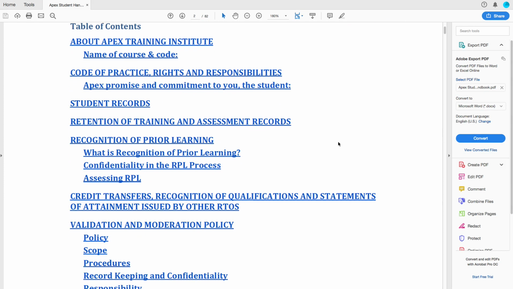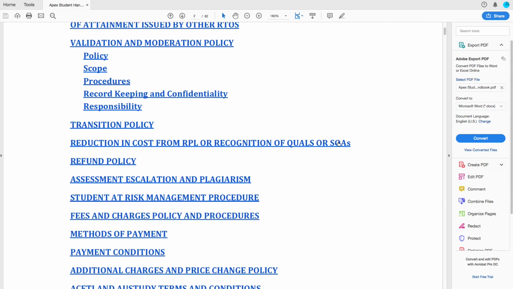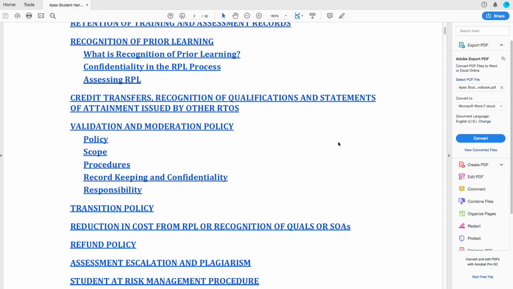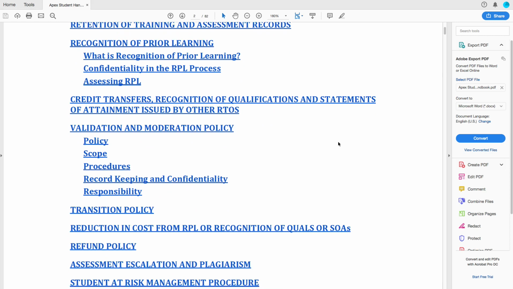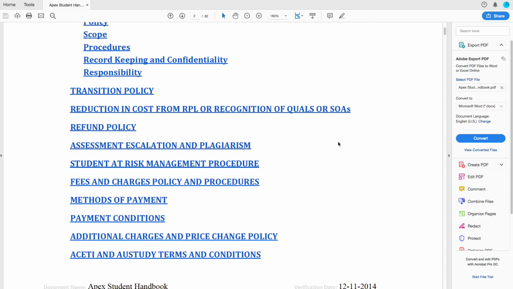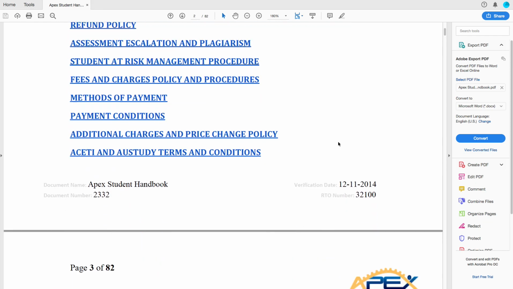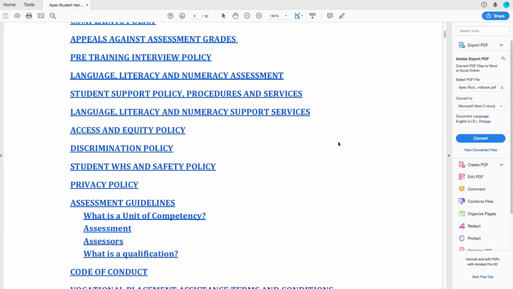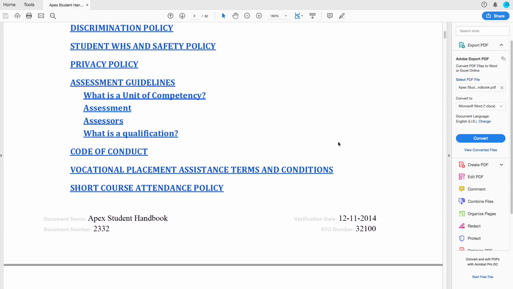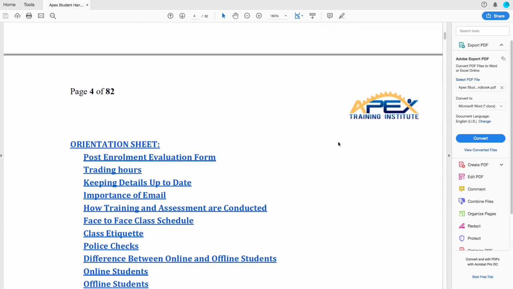Have a good read of this. It tells you heaps of information that you need to know. It tells you about all your student records, your responsibilities as a student. It talks about your payment methods, if you need extensions, all of that information in here. Now, the first thing that I actually want to go through with you is